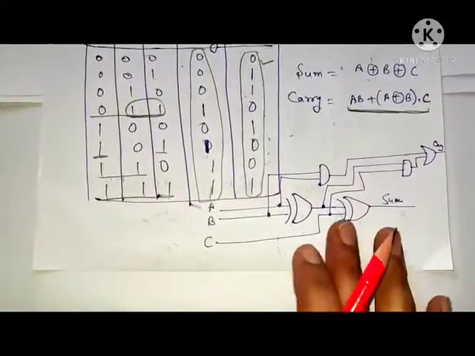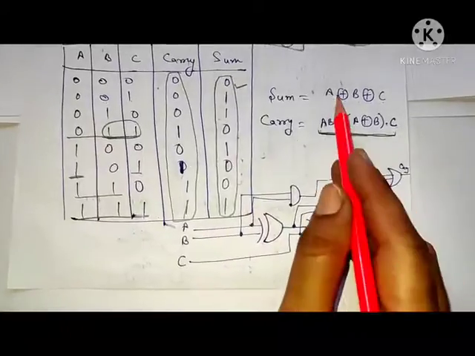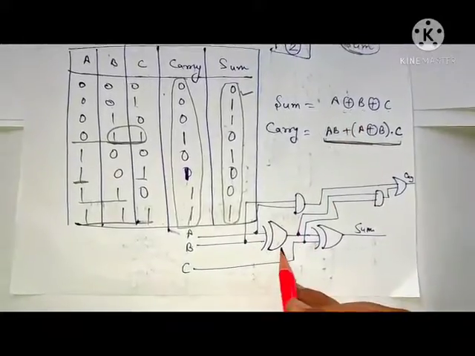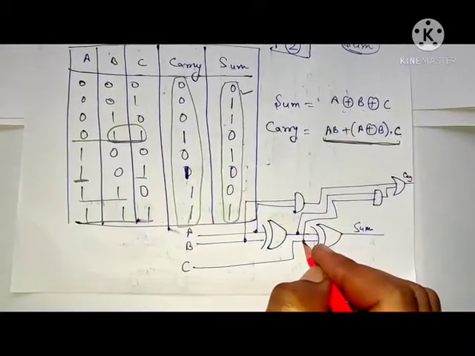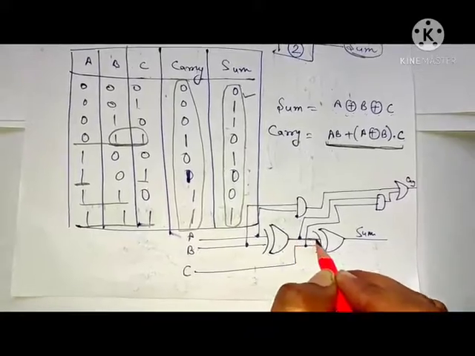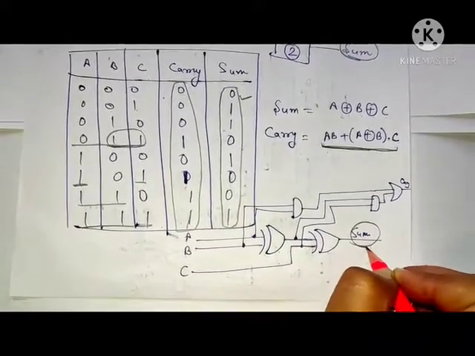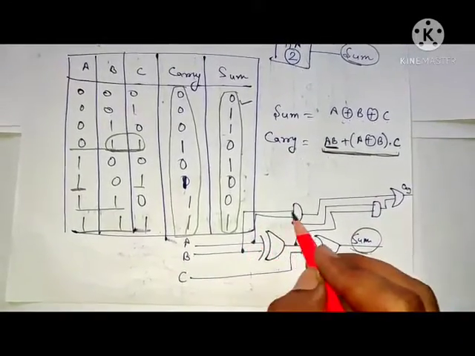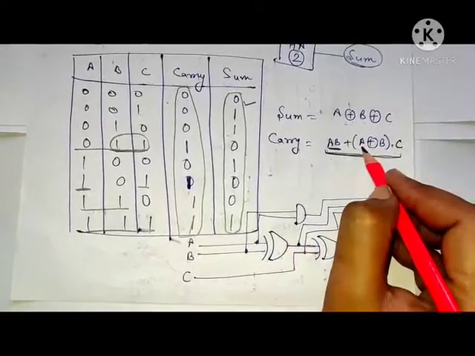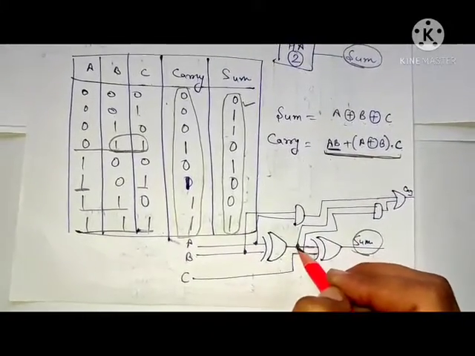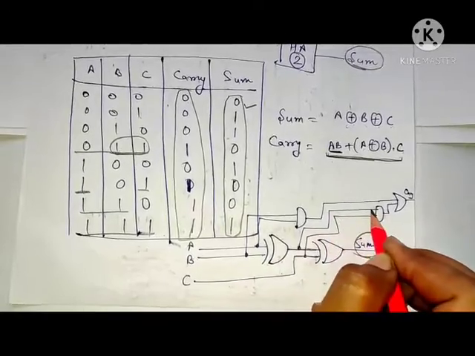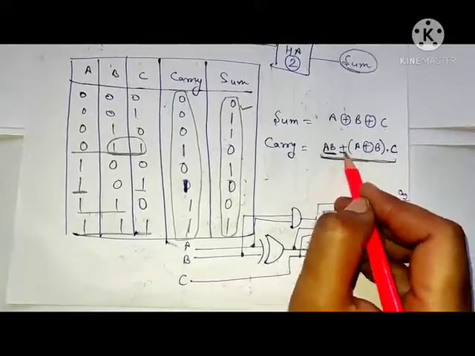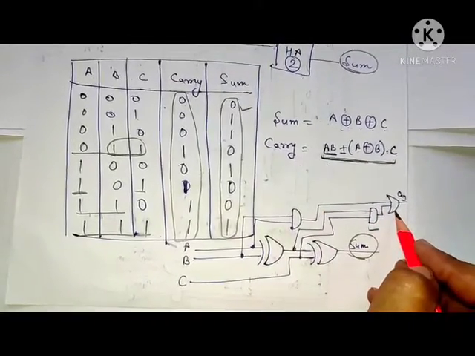So now I am going to construct the circuit diagram. So firstly for sum we have to take A XOR B, then the output of this we XOR again with C, that becomes the sum. For carry we have to take AB, A and B, AND of both, then A XOR B we will pick up from here, we have already done it in sum. Yes. And with C, what did we do for both? AND. And what did we do for these two? This and this, and this becomes the carry.